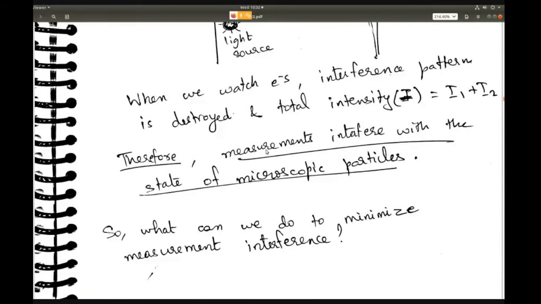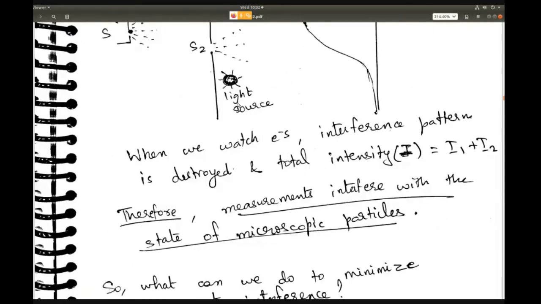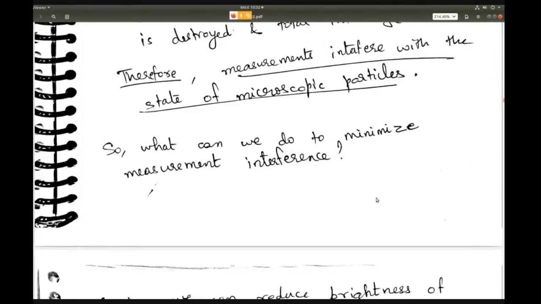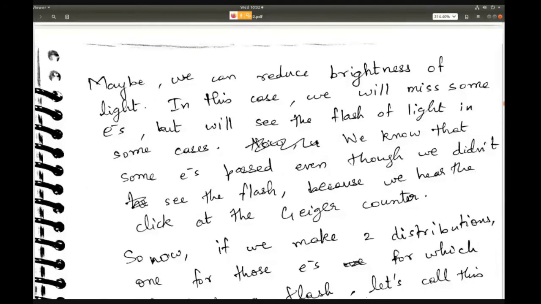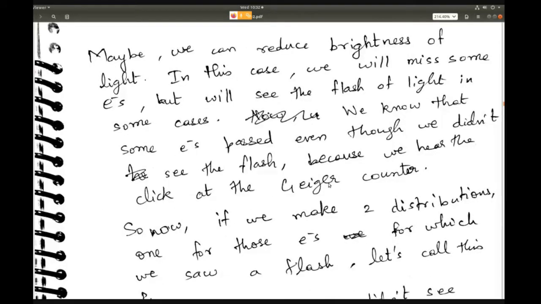So what happens is the measurement here is the light, the act of watching the electron. This kind of measurement interferes with the state of the microscopic particle. This is the main takeaway here. Okay, so then they thought about what to do to minimize the measurement interference. They thought, okay, let us reduce the